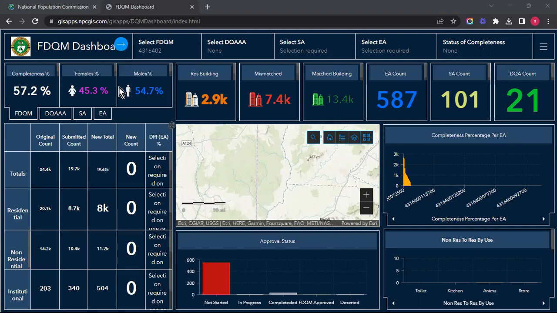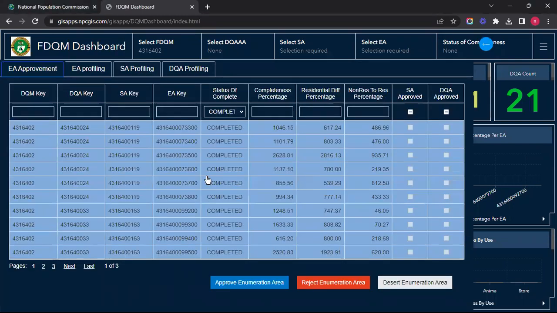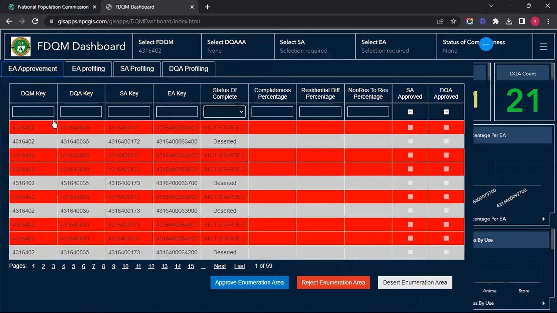So to proceed, beyond providing information for reporting, the other function that the FDQM is expected to perform is approving and flagging EAs. To do that, he has to go to the EA table. To get there, I click on this blue icon here, and it opens up. On default mode, it usually comes like this, listed maybe based on the tag IDs. So once it opens up like this,